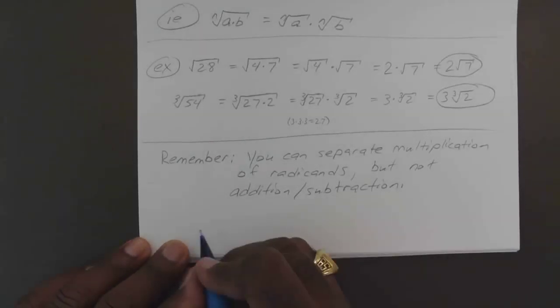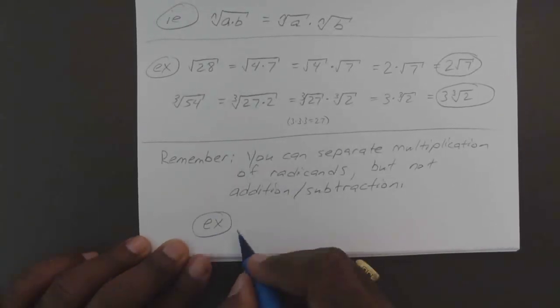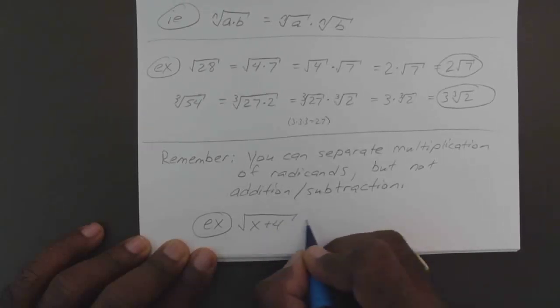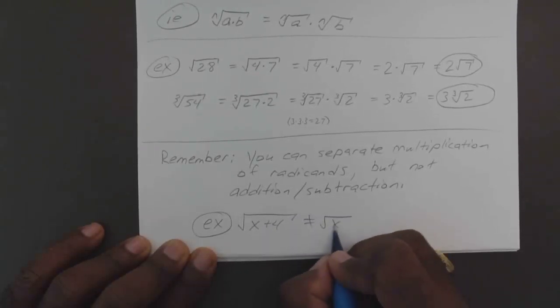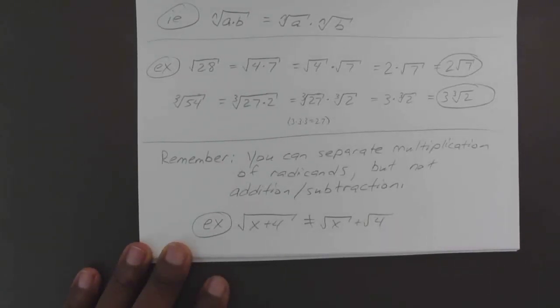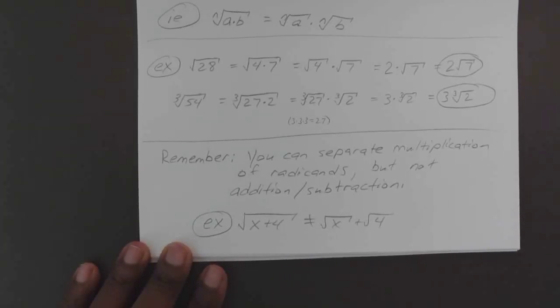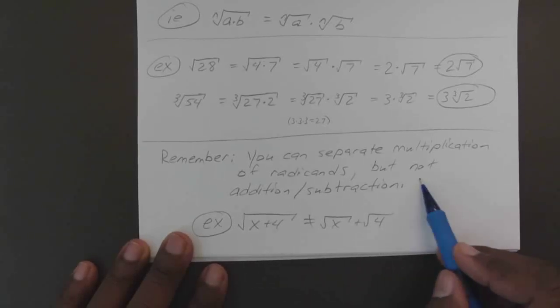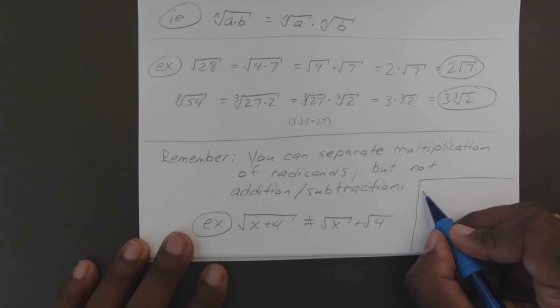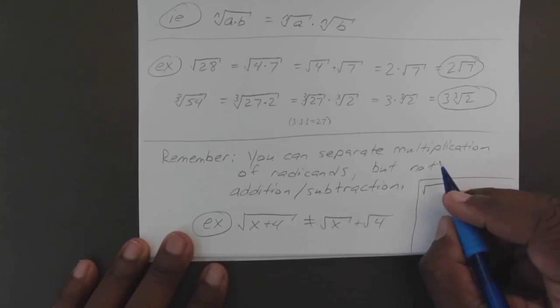Okay. So for example, the square root of x plus 4 is not the same as square root of x plus square root of 4. Or square root of x minus 4, you wouldn't be able to separate them. Looks like you should, but you can't. Okay. So just to give an example of why it wouldn't work, let's say square root of